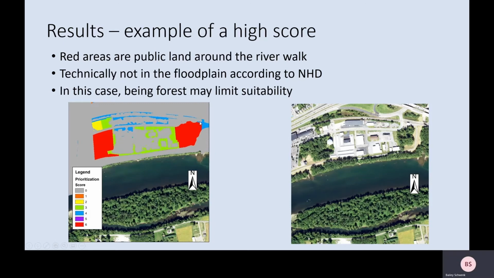However, it may not be a very useful location because it is already forested. So the forest will do a good job reducing the runoff to the river already, and creating a BMP there may not do anything or may be detrimental by removing forest. So in this circumstance, the prioritization system did not do a great job. However,